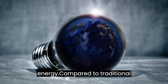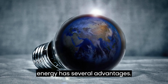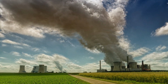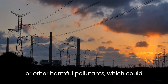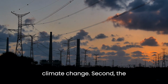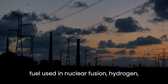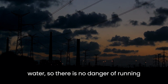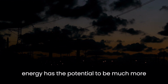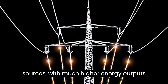energy. Compared to traditional energy sources like fossil fuels, fusion energy has several advantages. First, it produces no greenhouse gases or other harmful pollutants, which could help address the growing problem of climate change. Second, the fuel used in nuclear fusion, hydrogen, is abundant and can be extracted from water, so there is no danger of running out of fuel. Finally, fusion energy has the potential to be much more efficient than traditional energy sources, with much higher energy outputs